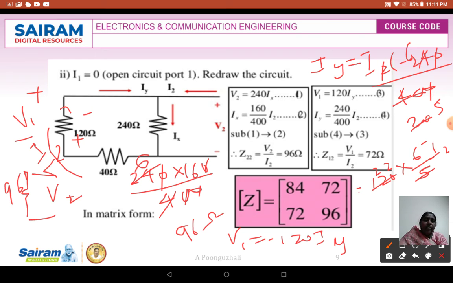So 6 4s are 24. Sorry, this 2 I have cut, that is wrong actually. Sorry, here in this case, this is not your, this is your I here. So in this case, it is your 440, here 240. So 240, 24 divided by 40. So 24 divided by 40 is nothing but, so 10 fours are 40, so here 6. In this case 5, here is going to be 3 by 5.